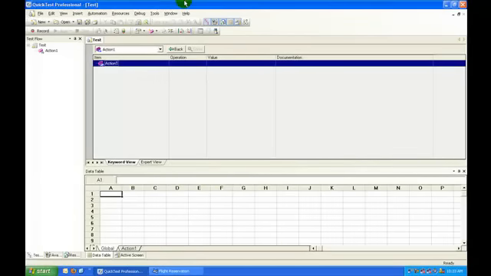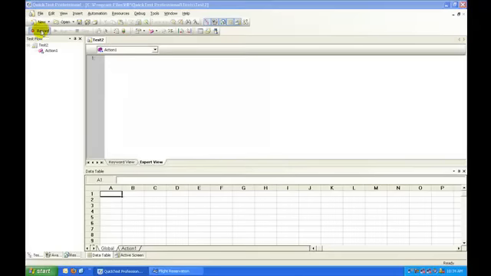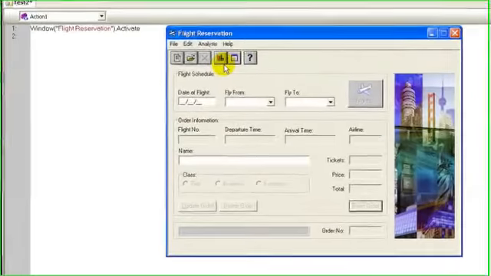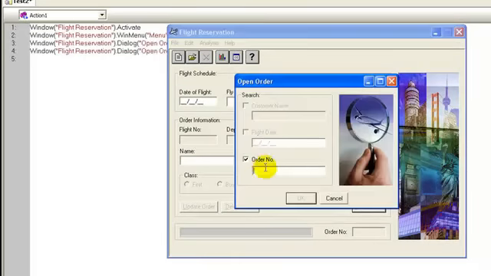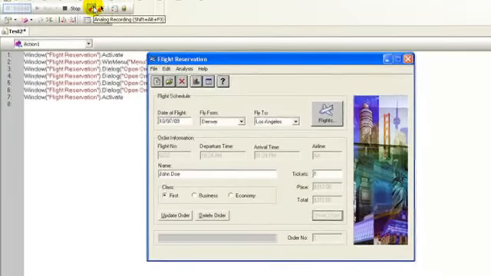In QTP, open a new test and save the script as test2. Click the record button. In flight reservation, click File, Open Order, select order number, give the order number say as 1, click OK, order number 1 opens. All the steps required for this particular action are recorded.